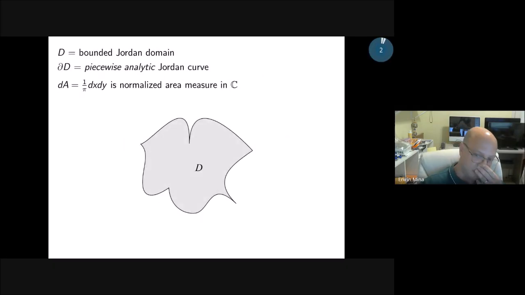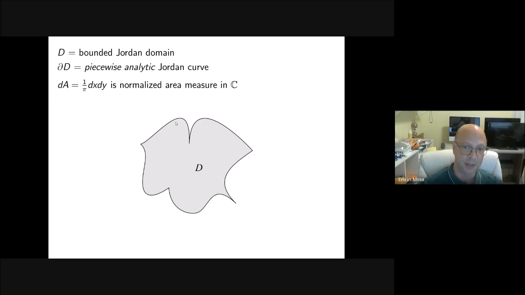So we are going to consider here orthogonal polynomials, but not in the classical sense of orthogonality on the real line or, say, on the unit circle. These are going to be orthogonal polynomials with respect to area measure, two-dimensional Lebesgue measure. And so what we're going to do is consider D, a bounded domain in the complex plane, as you can see here in the figure.